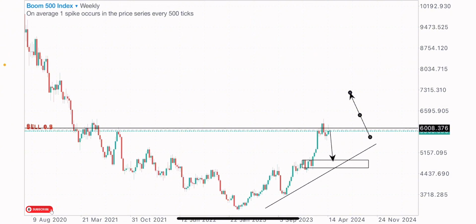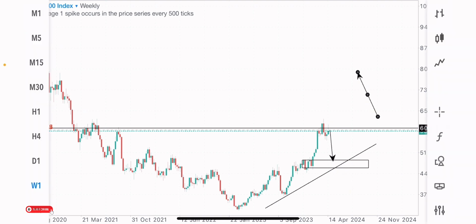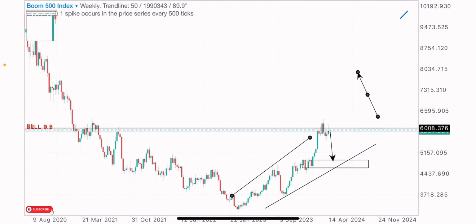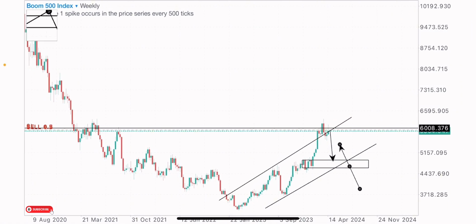The reason why I'm selling this index is because of the level it's formed, because of the level it's reacted to previously. I'm trying to take advantage of this previous level of resistance, selling from it again as a resistance. And we got this index in an uptrend. And the reason why I'm expecting this index to sell to this zone, to this trend support level,